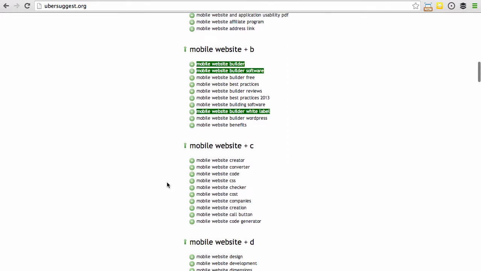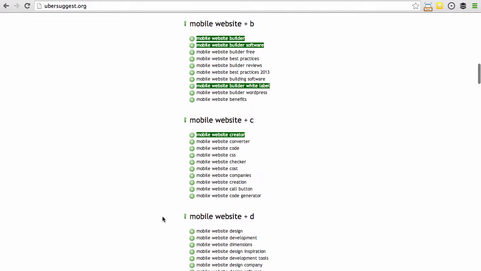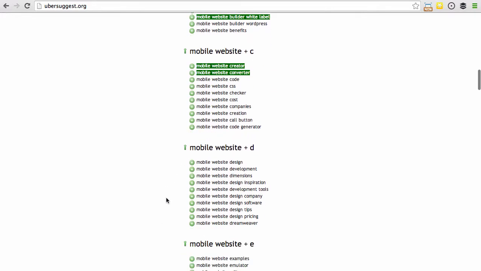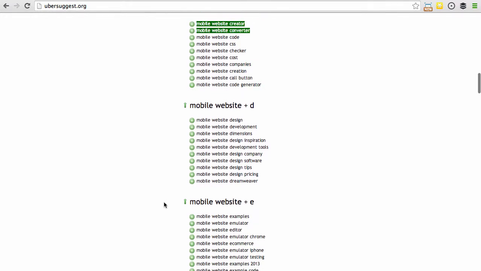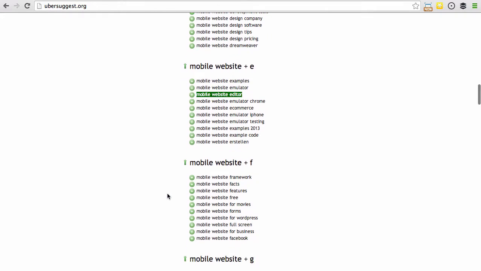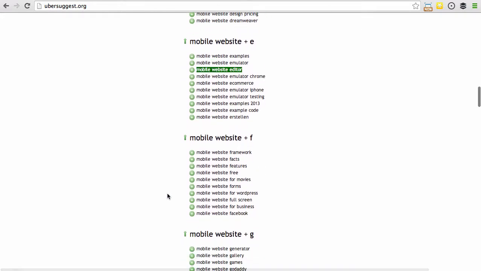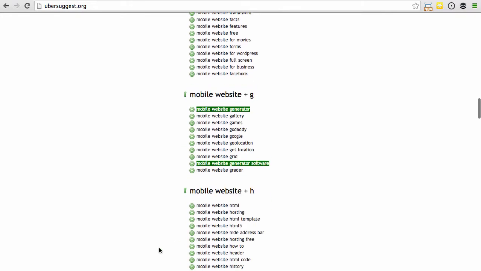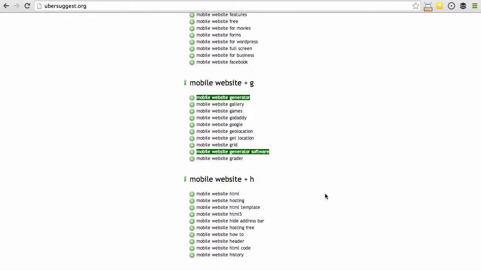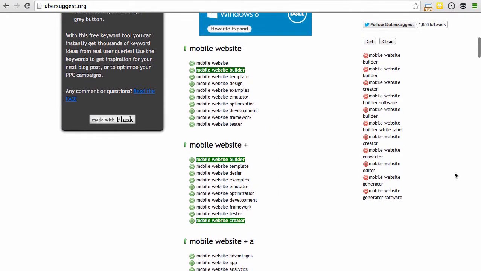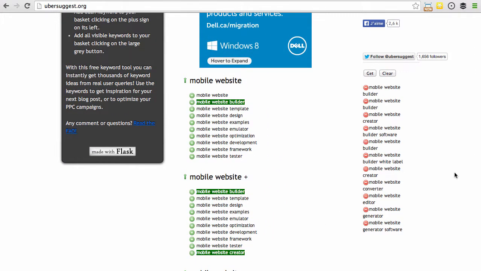And I'm going to go through the list and select everything that is pertinent for my website. I may not optimize for all of them, but in the next step, I'm going to show you how to make sure that people are actually searching for those keywords. Mobile website editor. Of course, if you're doing this for a real website, I highly recommend that you go through the entire list. But here I've added a couple to my shopping cart,